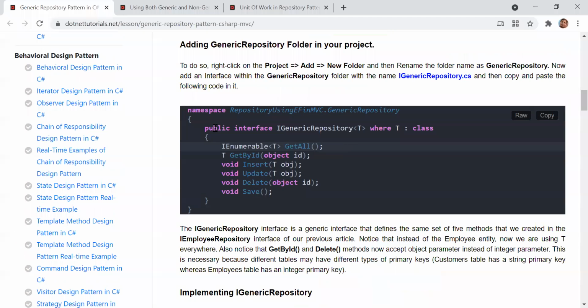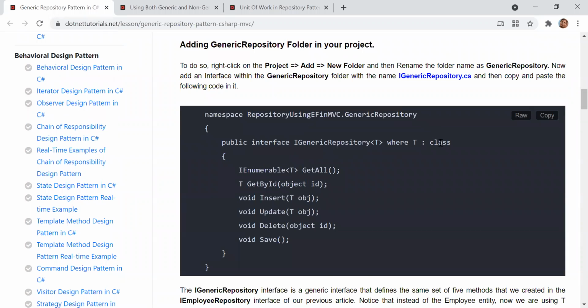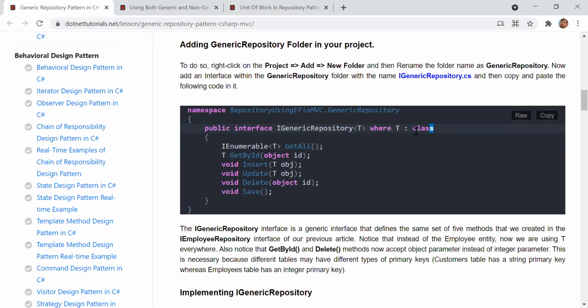So what we are going to do here is specify a T type at class level, and we have given a restriction that you can only pass a class. Sometimes it is an interview question also: the interviewer says I want to create a generic method, but I want to restrict it so that only a class can be passed.